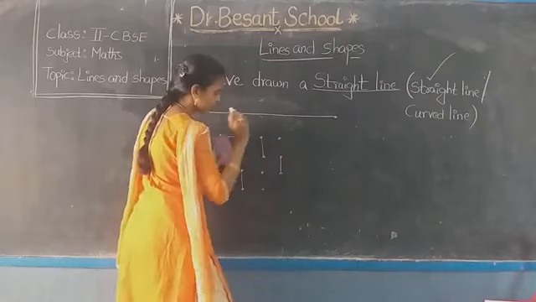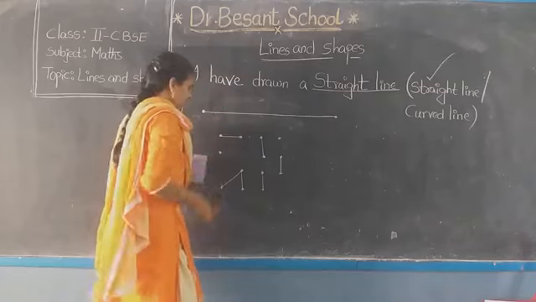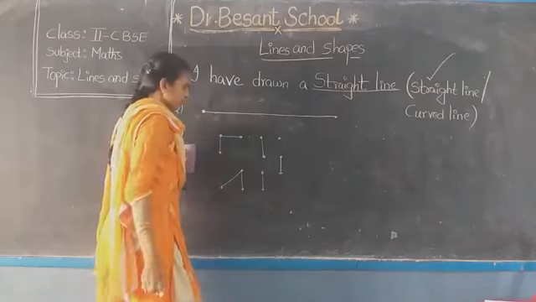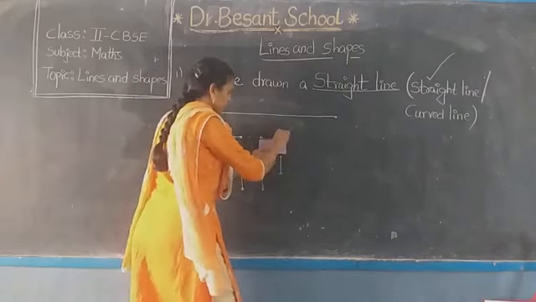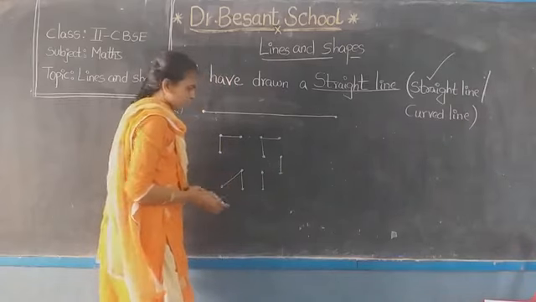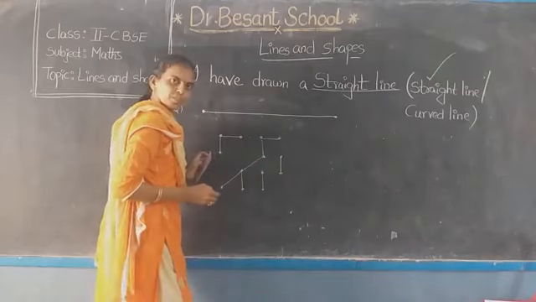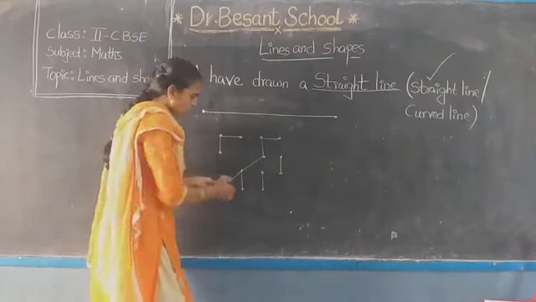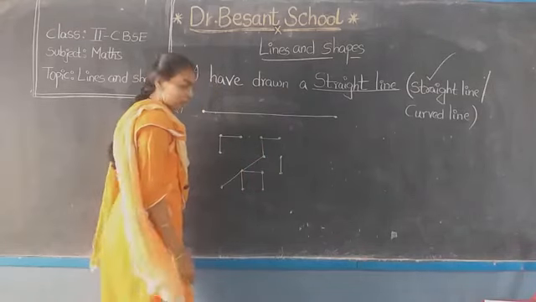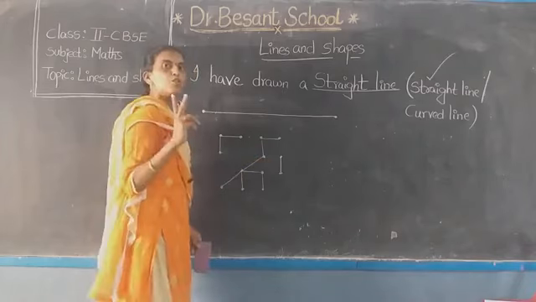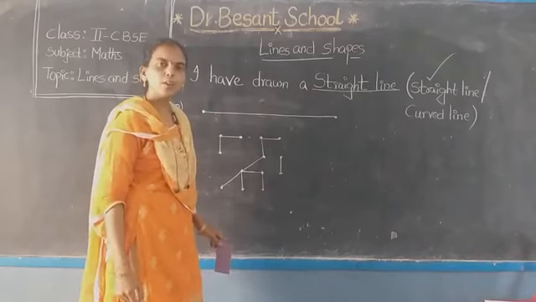Here also we can draw. We can draw these two. Understand? We can also join these two dots. Isn't it? We can also join these two. And we can also draw like this. This is also a straight line only. So like this, you have to draw by joining two dots. A straight line should be drawn. So do it now, children, in your book.